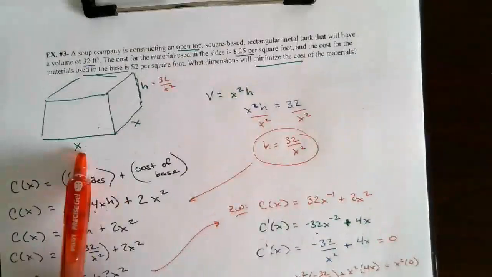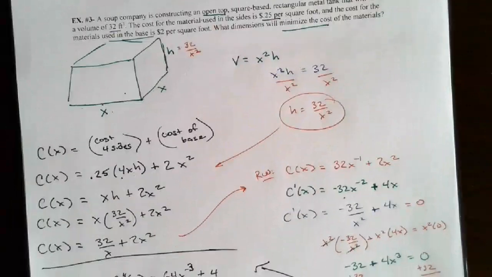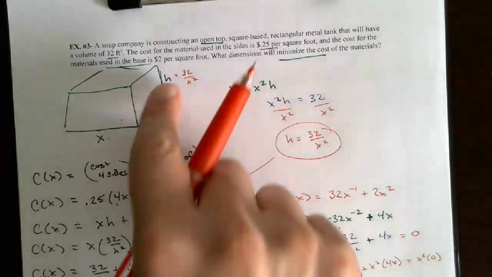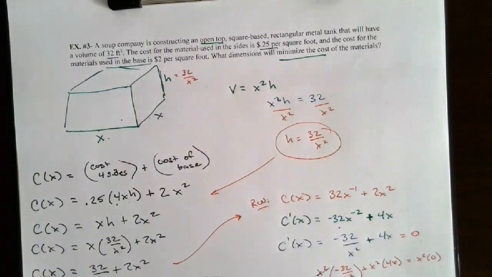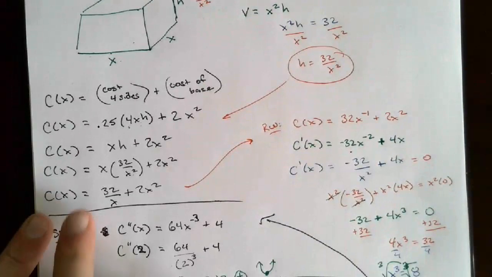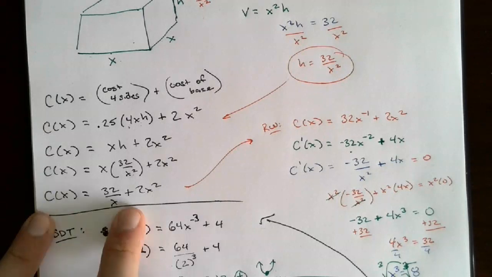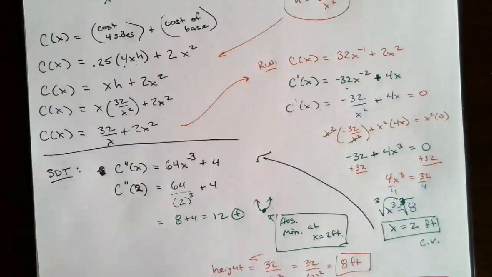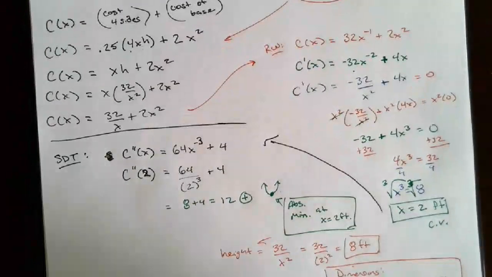That's looking at what we had in this, 2 by 2 by 8. Now, if I asked you what the cost was, so what is that minimum cost? You would actually substitute into here, for c of x, you would sub in c of 2, and you could actually evaluate it. They didn't ask us for it, but maybe because we want to talk about it, the minimum cost,